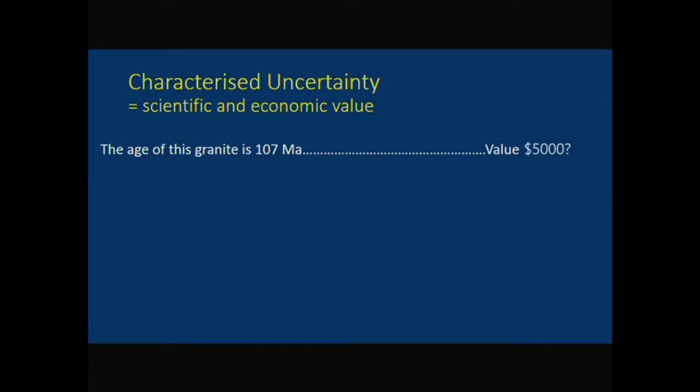Why are we talking about uncertainty? Because it matters. It can have scientific and/or economic value. And the way I try to convince my audience of this is that we might, for example, collect a sample of granite, date it, and we might have spent $5,000 on all the acquisition and crushing and sampling and human time. And $5,000 for a nice date is quite nice. But what happens if I now tell you that the age of that was 107 plus or minus 290? Then you're going to go, I really don't want to spend more than about $50 for that sort of information.